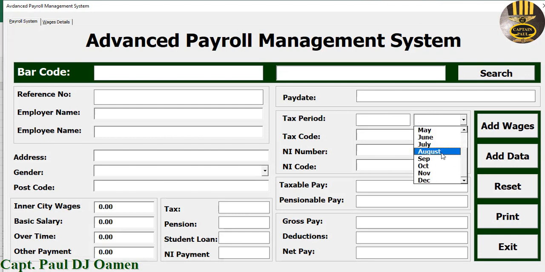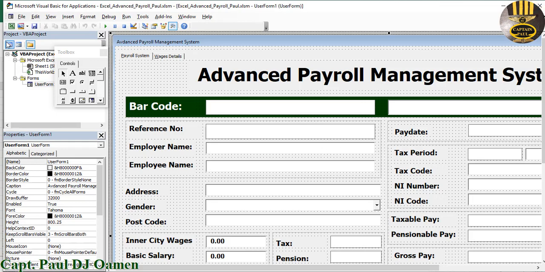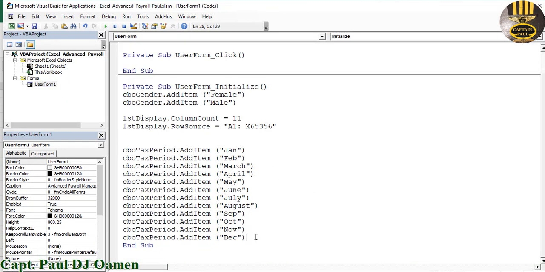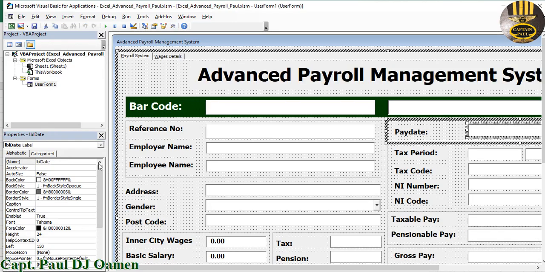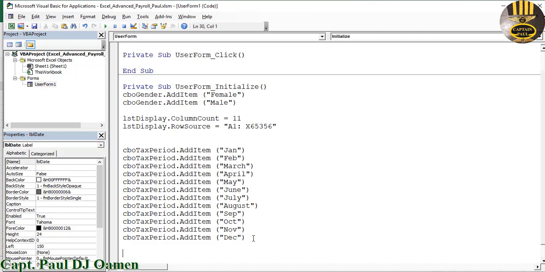Okay, so if this one becomes August, this should automatically become 8. So let's go back in here and just take care of that one. Come right down here. Okay, right underneath here, let's do one thing first. You see the dates? I'm going to grab hold of the dates. Let's go back inside the code, paste that there, and I'm just going to say dot caption,